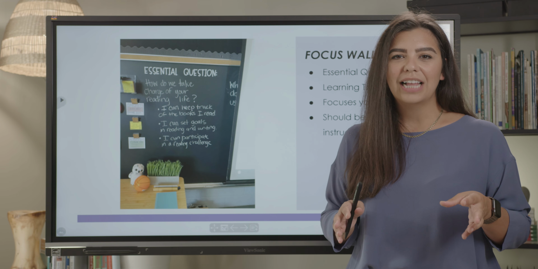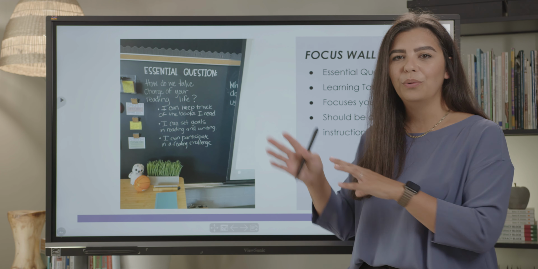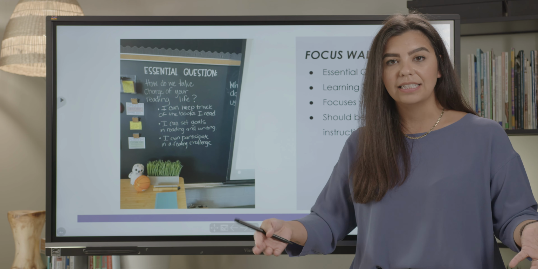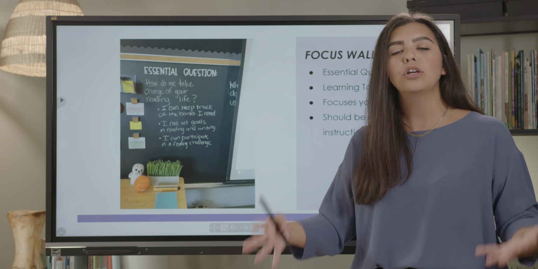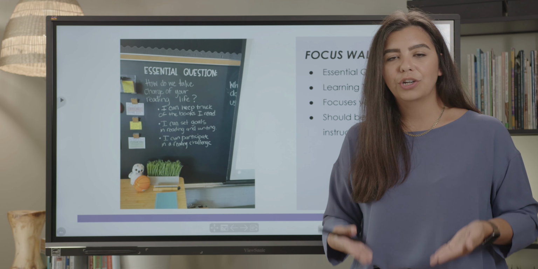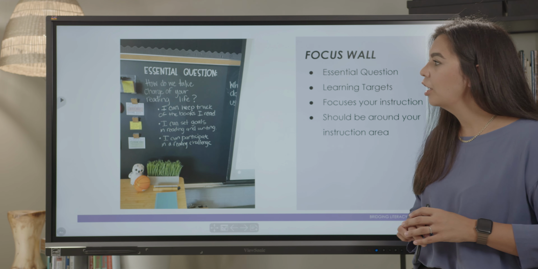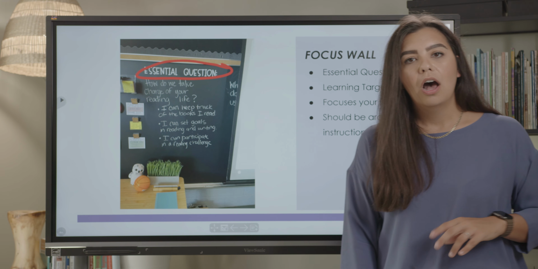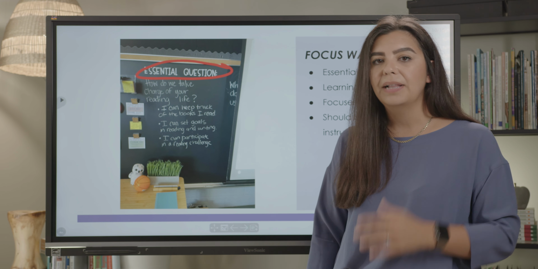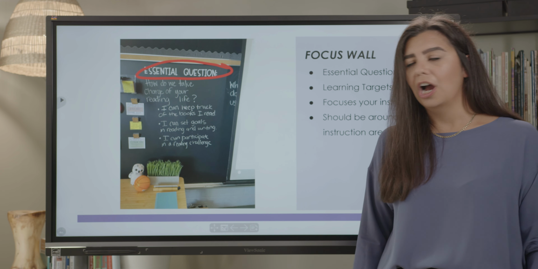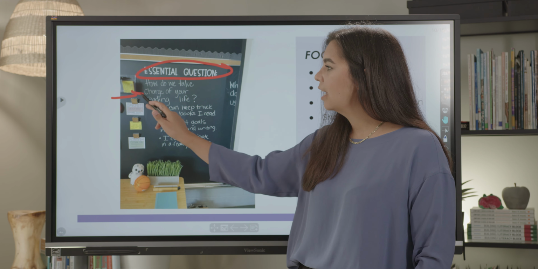Another area inside of your classroom that you cannot be without is going to be a focus wall. Now, my focus wall is not fancy, and it doesn't have to be fancy. The complete goal of your focus wall is to focus the learning that is occurring in your classroom. And so you're going to notice here, I had an essential question that I just did with some vinyl on a Cricut, and then I placed that onto my blackboard. Underneath that, I would just use simple chalk where I would write my essential question,